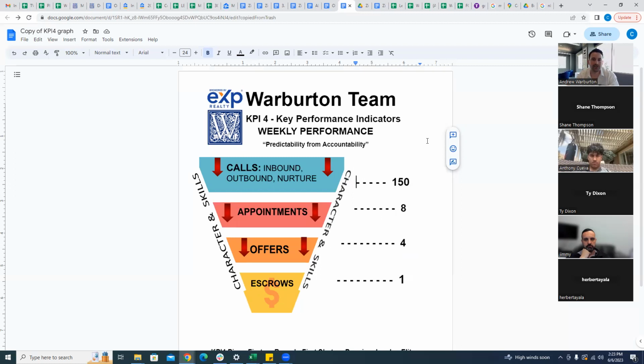Those are leading indicators of performance. What are the lagging indicators? How many properties have you put into escrow? And how many closings do you have for the month, right? So what do top producers focus on? The focus is on what you can control, which is the action leading to the result and not the result